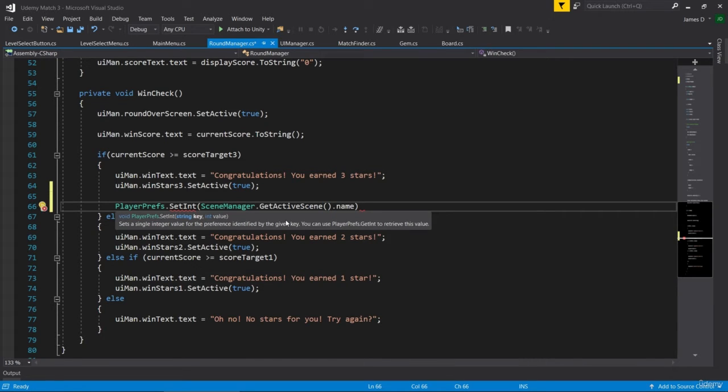So get the name of the scene we're currently looking at, and then we're going to add on to that. So we're going to say plus, and then quotation marks, underscore star 1, and then comma,